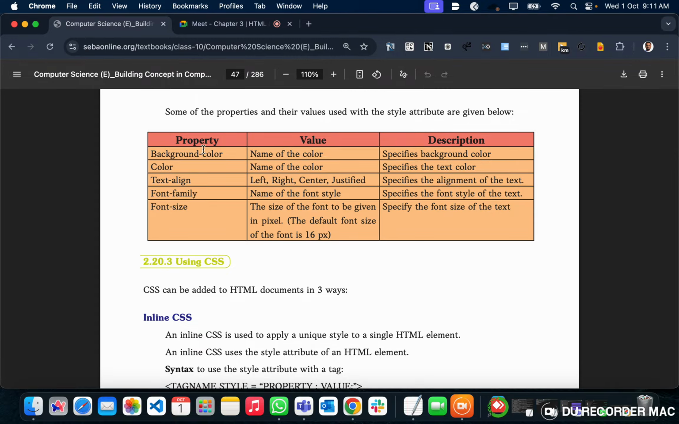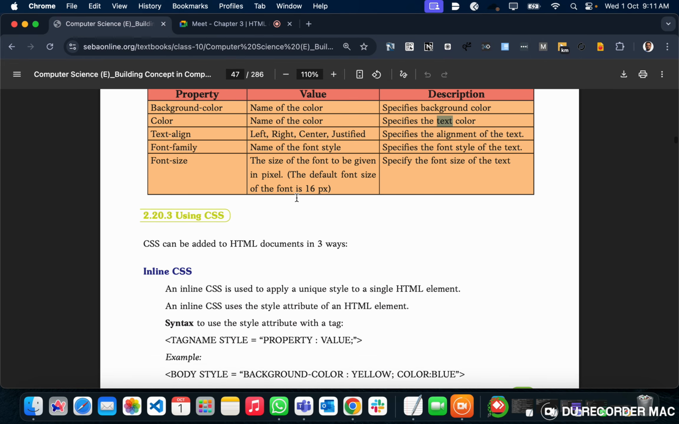And what does this property stand for? So if you use background color, it specifies the background color. If you use color, it specifies the text color. Okay, text align, it specifies the alignment of the text. Font family specifies the font style of the text. So this is description, what this property is doing, and this is the property part, and this is the value part. So against this property you need to give certain value. Okay,